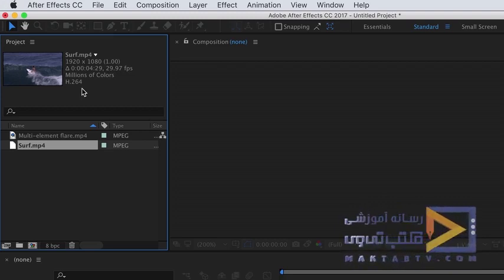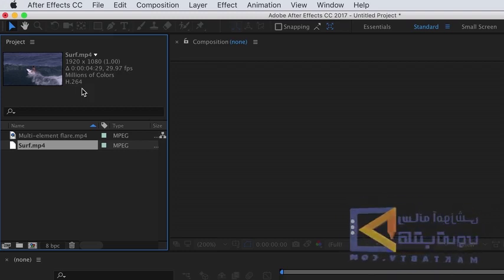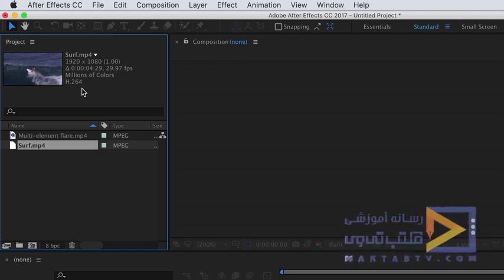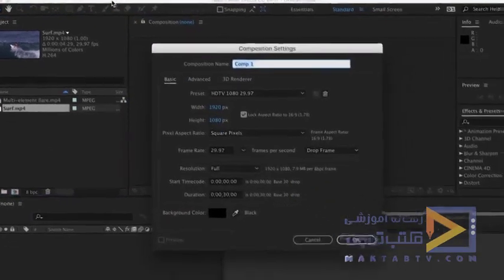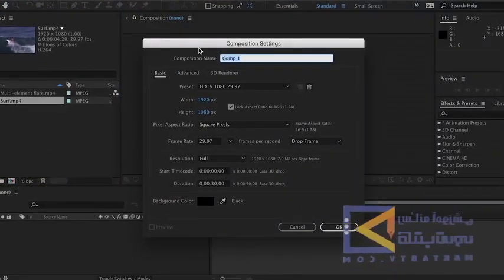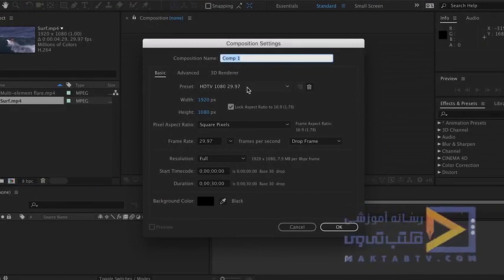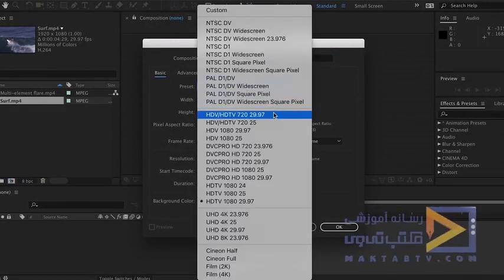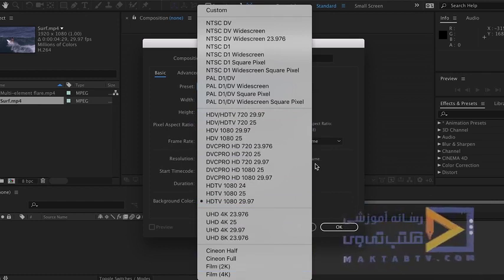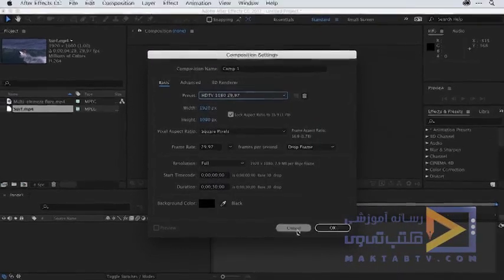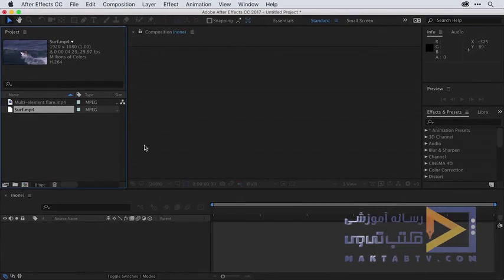This will work beautifully. Now, in order to create something out of After Effects, we need to add it to a composition. To create a composition, we can do that one of 2 ways. The first way is to go up under Composition and choose New Composition. This will open the Composition Settings dialog, and here under the Preset pull-down I can click, and you'll notice I have a whole bunch of different presets with different video resolutions and film resolutions you could use to create your compositions. I'm going to click off this pull-down and click Cancel